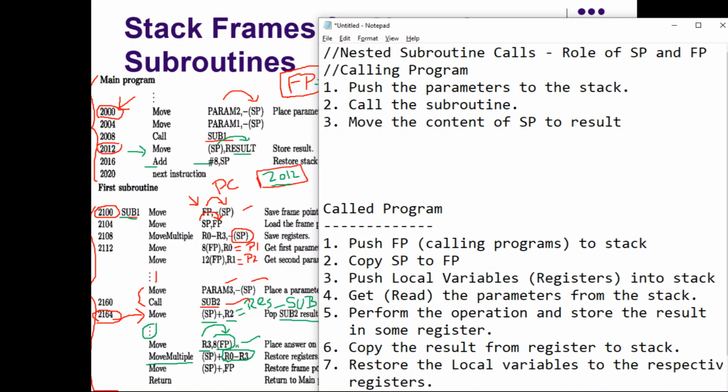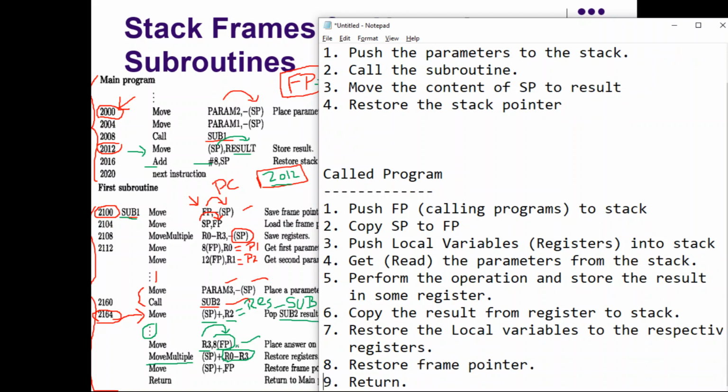Then restore the stack pointer: add that much to the stack pointer so that it will point to the original address where it was pointing before calling the subroutine. So these are the things you are supposed to do.